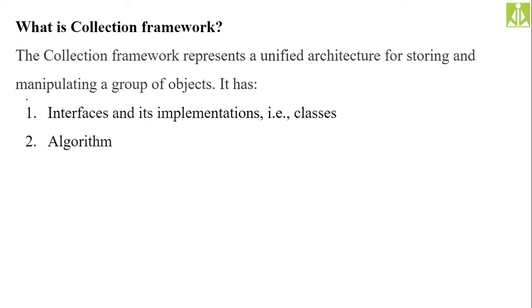Your Java's collection framework is of that same type, it is also a collection of different interfaces as well as inbuilt classes. So classes mean implementations and interfaces mean abstraction. Remember this one. Interface means abstraction, classes mean implementations. And apart from the interfaces and the classes, to support the framework, we also have the algorithms. Algorithms is nothing but the way a particular data structure will work.